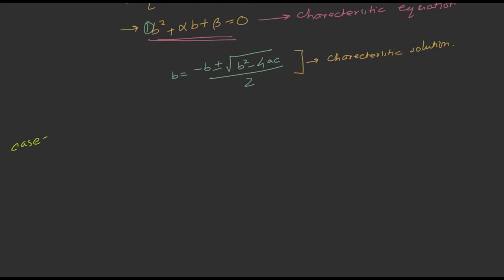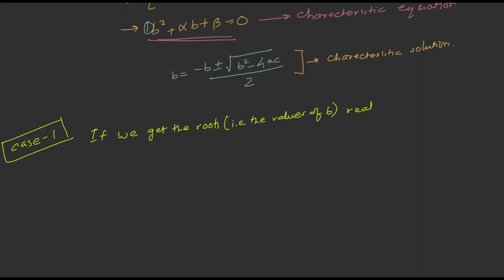Case 1: if we get the roots, that is the values of b, real and distinct. If we get the values of b as real and distinct, that is, both are real numbers and both are not equal, then we get